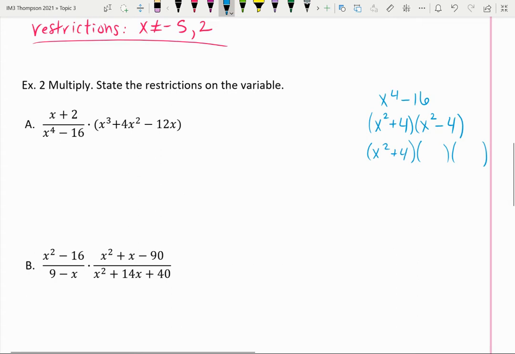So x squared minus 4, we know just factors to x plus 2 and x minus 2. All right. So here I've got x plus 2 divided by all those factors. So x squared plus 4, x plus 2, x minus 2, times